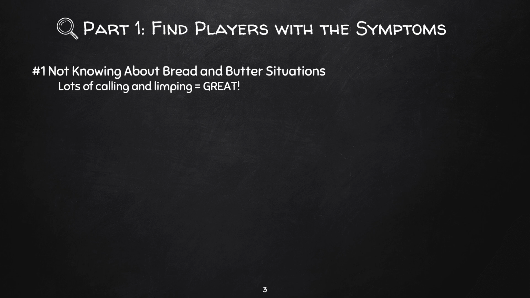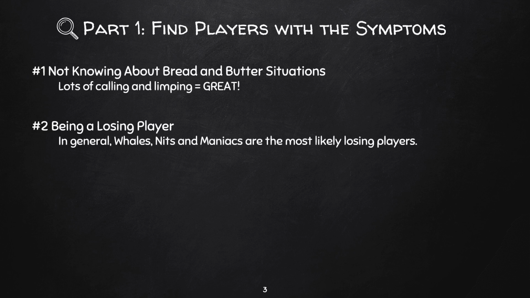Now, the second symptom that you're looking for is being a losing player. Losing players can be identified in one of two ways. Just their general player type, like those super fishy players who are like a 40/3 player, play 40% of hands but only raise 3%. Geez, you know that kind of play, while it can earn some money in the short run, in the long run, they're just giving away their money to the opponents.